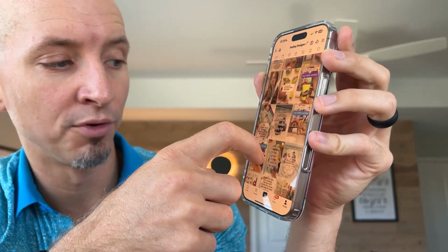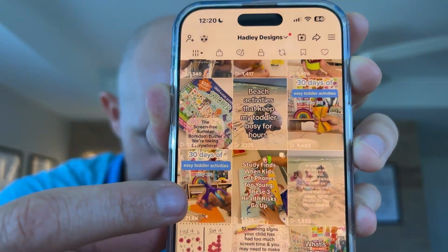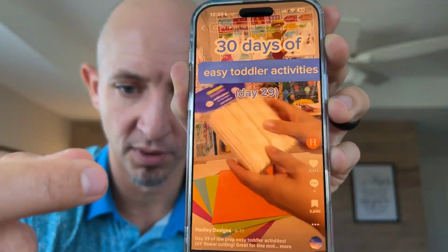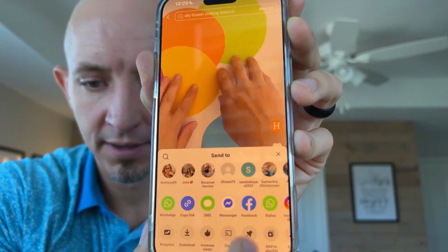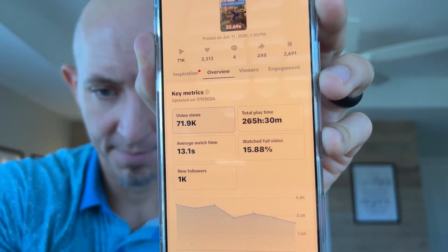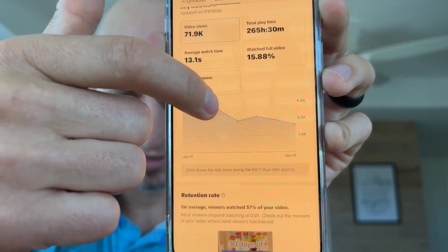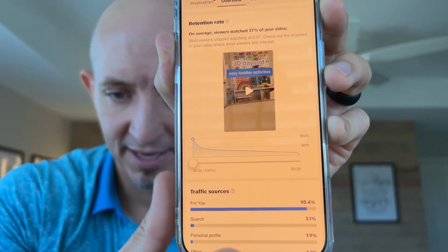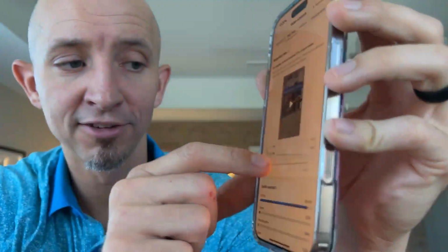Now I do want to show you a video that has 71,000 views. We're going to dive into this one and take a look at its performance. Again, I come over to those three dots, and then to my analytics. I know this is backwards for you guys and you can't really see it correctly, but we'll try to edit that in post-production.